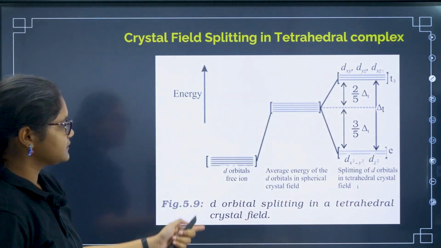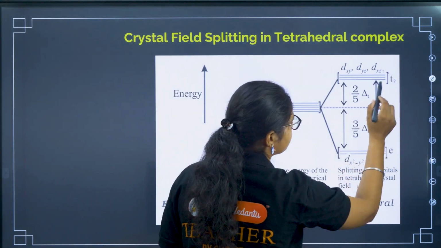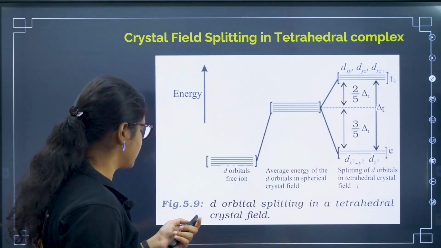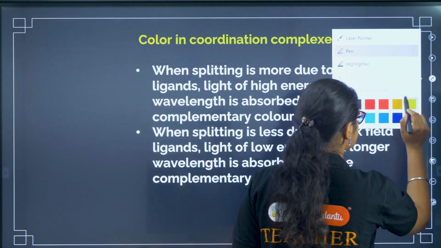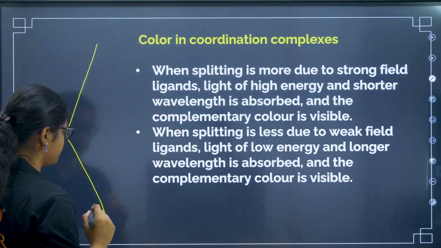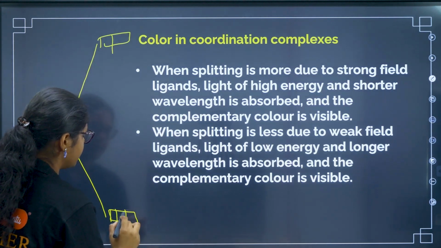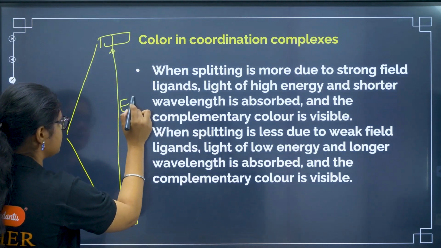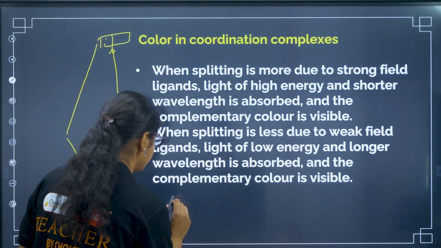Okay. Now this is the splitting in your tetrahedral field. So you can see down we have e and up we have t2. So 2 by 5 delta t and 3 by 5 delta t. Okay, fine. Now, this is one important concept, you just have to remember. See, if the splitting is very high, then this energy gap is high. So for an electron to jump from here to here, it will absorb